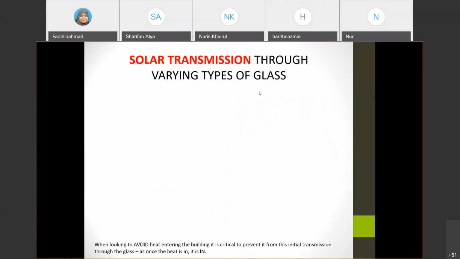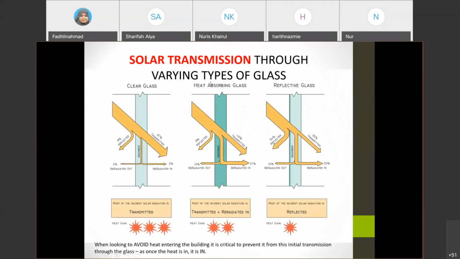Solar transmission through varying types of glass. If you are using the clear glass, you need to know this is already related to the material. With clear glass, the heat gain is greater compared to the heat absorbent glass, right? Most of the incident solar radiation is transmitted and re-radiated in, so the heat gain is